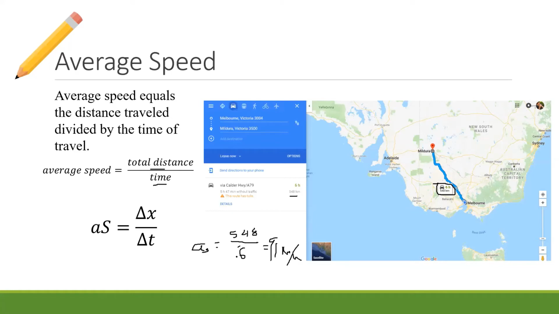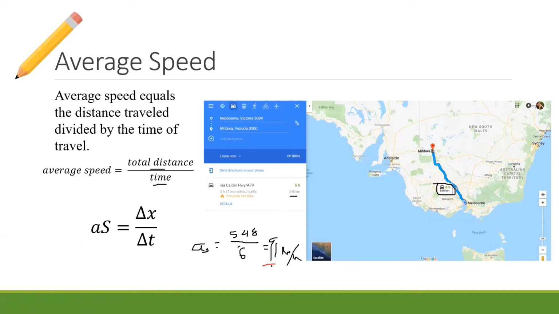And I always go, okay, so that's really interesting. So that sort of tells you, well, after 2 hours, you expect to be about 180 kilometers on your journey. After 3 hours, you expect to be roughly 273 kilometers on your journey. And it's a really good way to get an idea of how far you are away. But here's the problem with average, and this is the one that I always like to draw attention to.